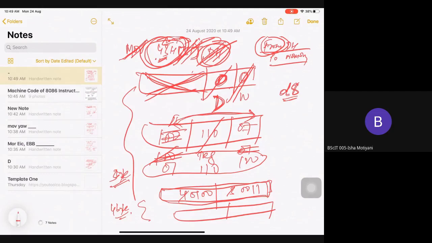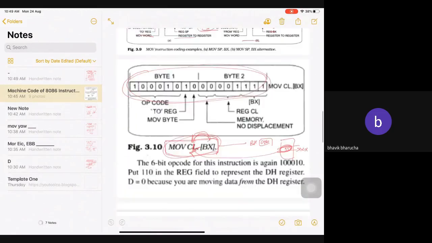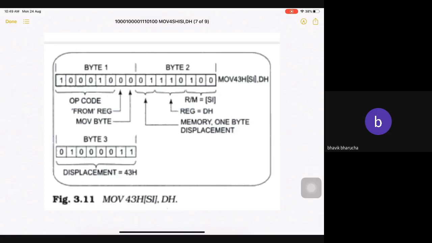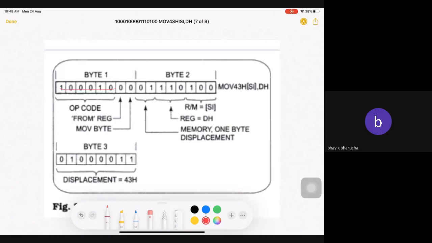Now, as you can see, this is my opcode, same example. Data from DH, that's why it is 0. The code of DH is 110, that's why it is 110. It is an 8-bit operation, that's why it is 0.